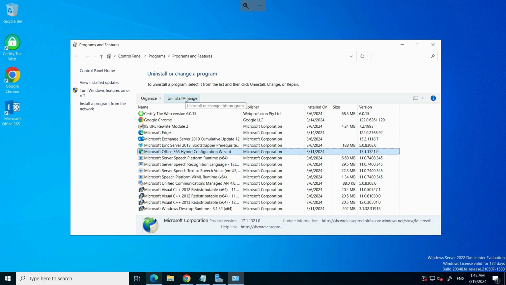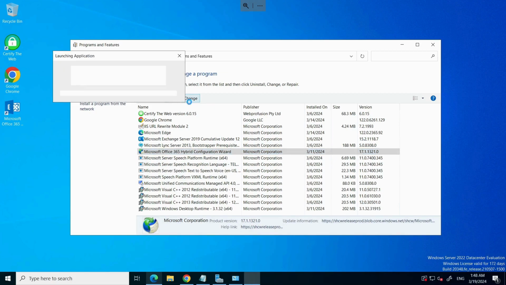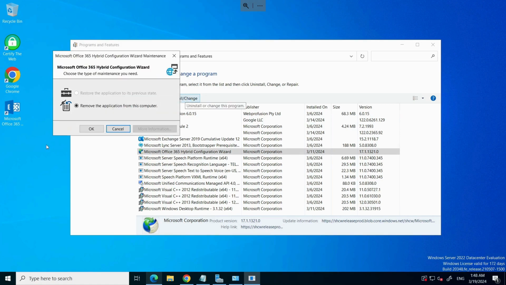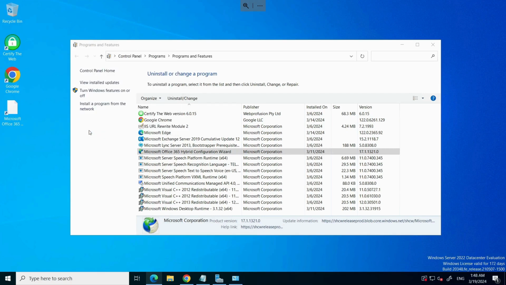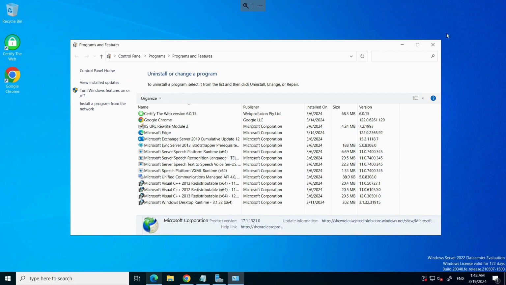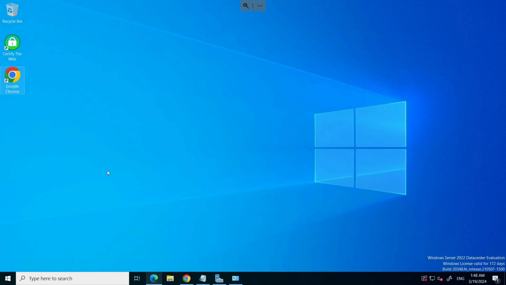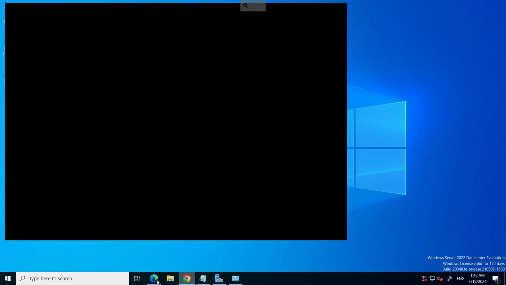As you can see, we have this application here. We're going to uninstall it because we will reinstall it from the beginning so that it asks me for the credentials again. I'll say remove application from this computer, and it's gone. Now let's install the hybrid configuration wizard again,